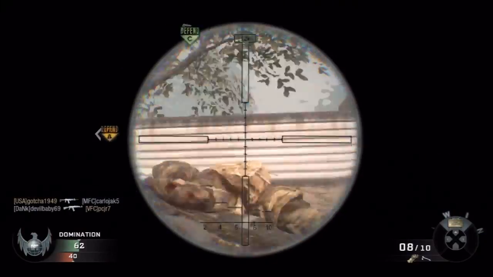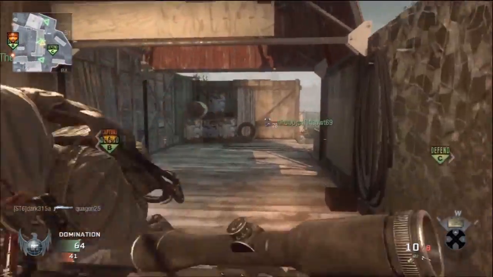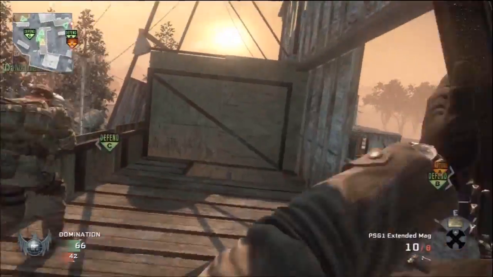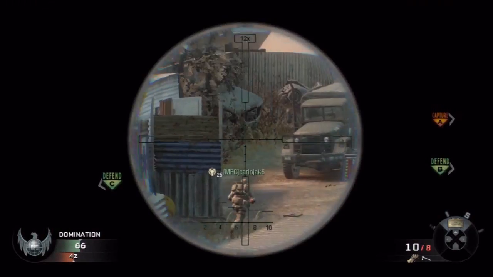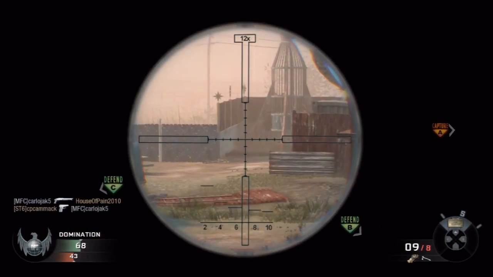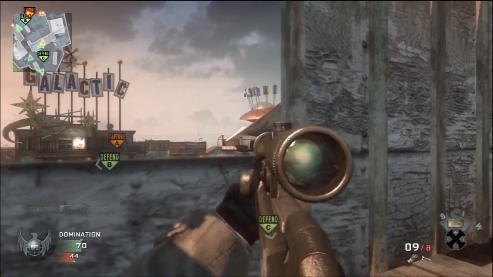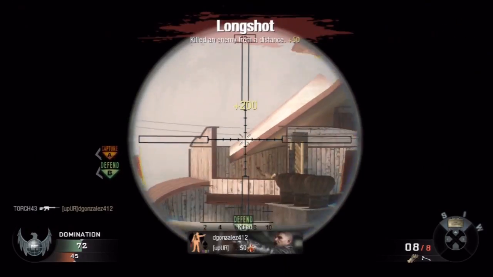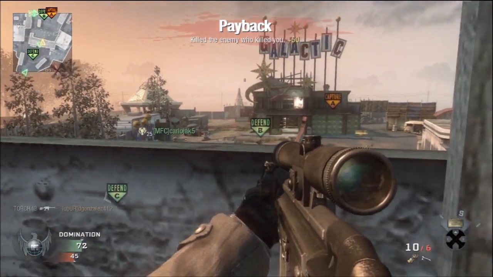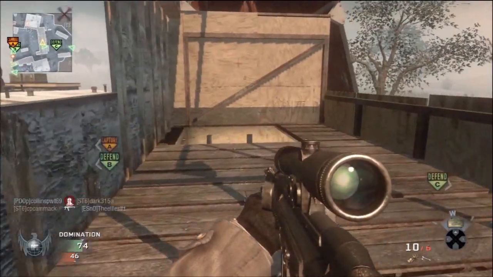The 2 attachments that I would recommend are, the first one, extended mag. It gives you a lot more ammo, so you can unload more rounds on the person. You're going to need that because with these pistols, the stopping power isn't nearly as great as an assault rifle, so it's going to take 4 to 6 shots usually to kill someone with a pistol. And the second attachment that I recommend, if you don't use the first one, is